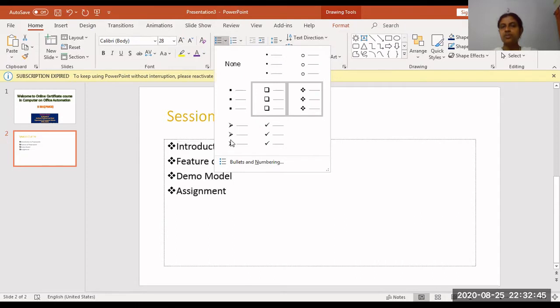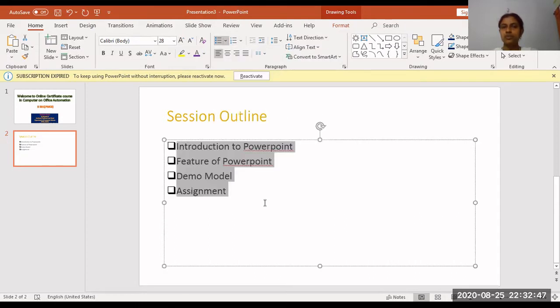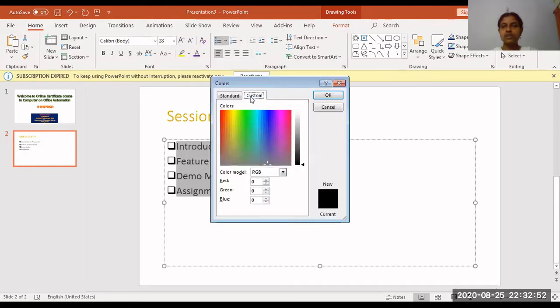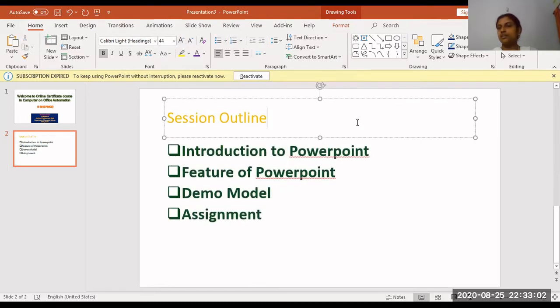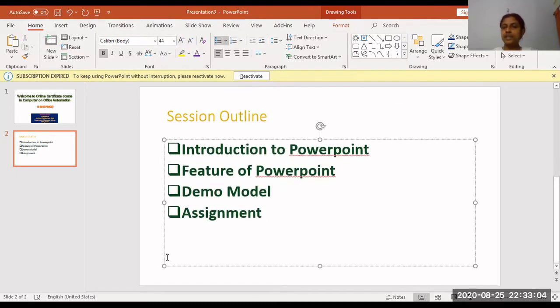Select whichever shape you want. Select the color combination. When you click here, you have so many color combinations. Whichever color combination you want, you can select. Increase the font like this. Like this you can design. So the second slide is ready.